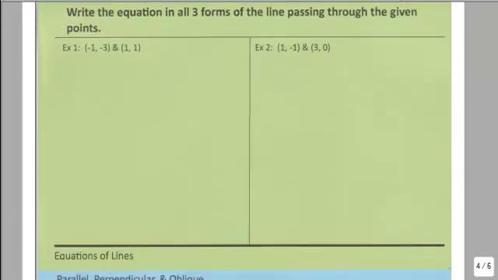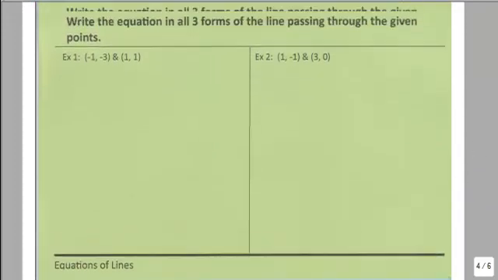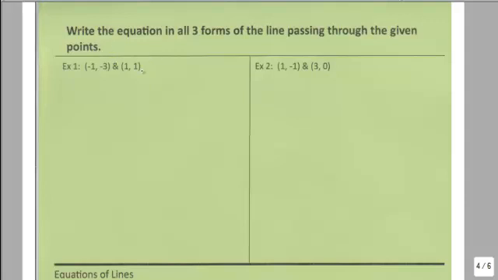So now we're going to, using these 2 points, we're going to convert between the 3 forms. So the first thing we need to do is find the slope. So we have x2, y2, x1, y1. And I do it that order because it's easier to start with the negatives. And remember, for slope, it's y2 minus y1. So it's easier to start with the negative, so you don't have to do like minus the negative. So it's -3 minus 1 over -1 minus 1, which gives you -4 over -2, which means my slope is